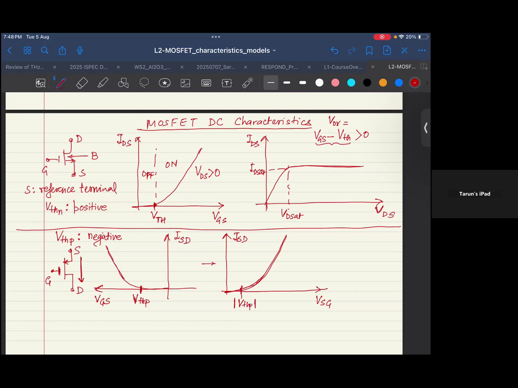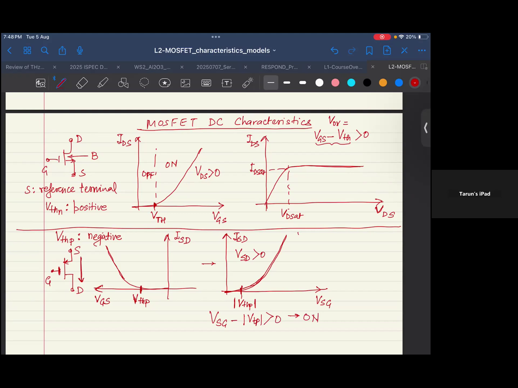That gives us this positive quantity of the threshold voltage. So for this, the VSD is greater than 0, right? And in these two regions, when VSG minus mod of VTP is greater than 0, then our transistor